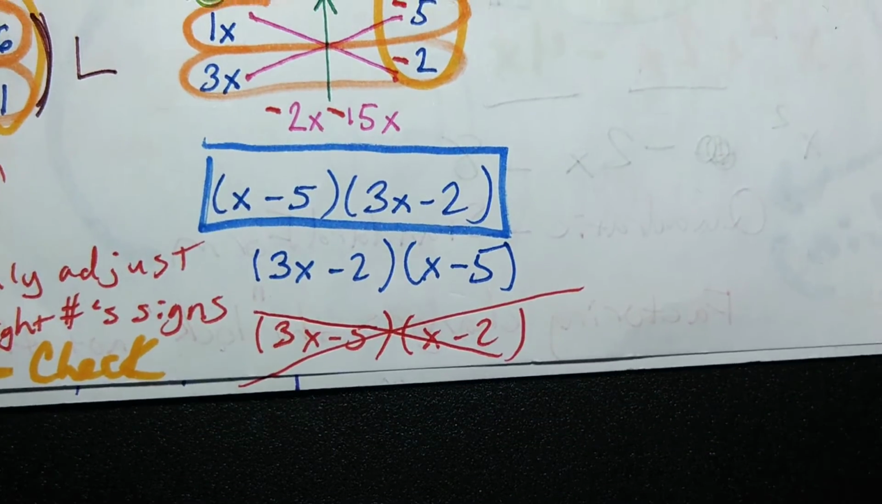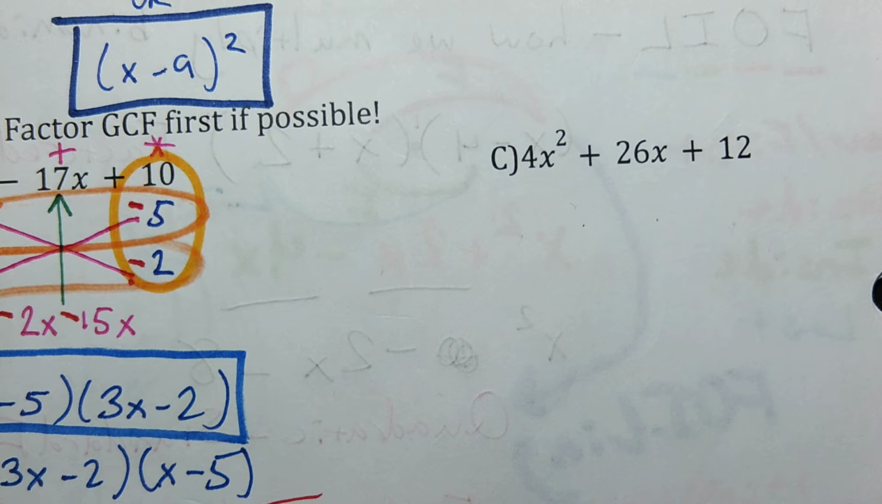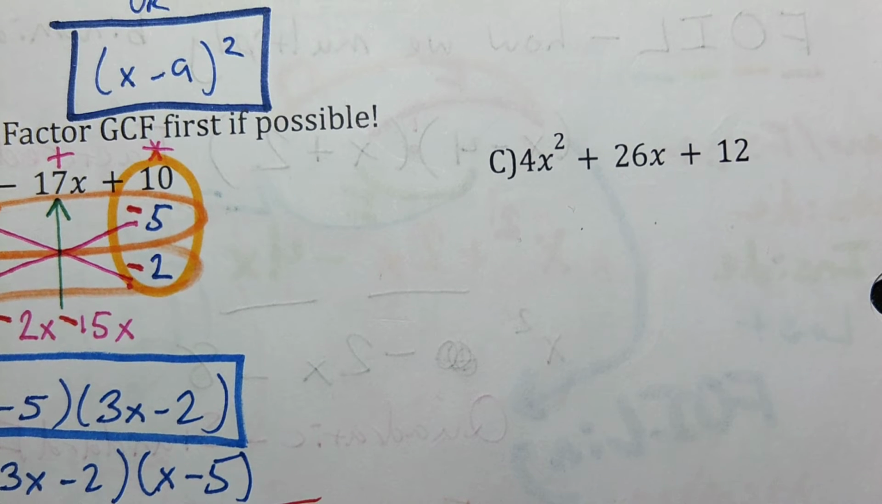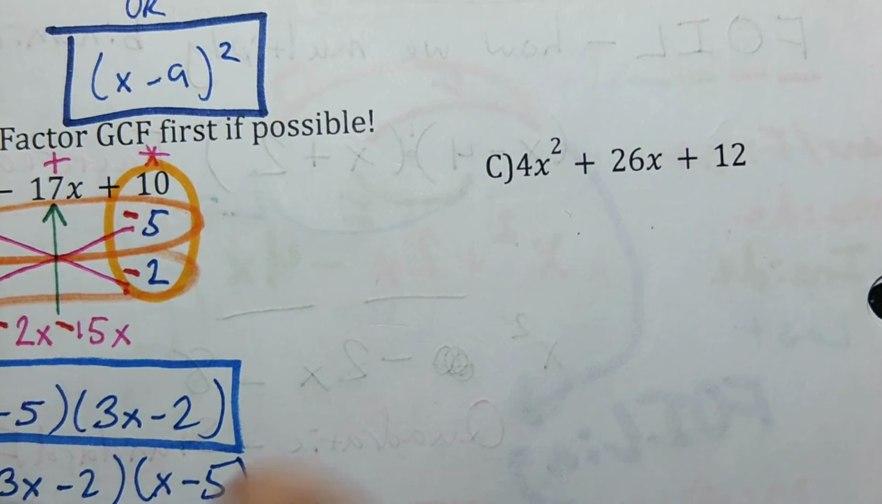Okay? Let's go ahead and take a look at problem C. Is there a GCF or something I can take out of everybody? 4. Ooh, can't divide 26 by 4, unfortunately, but we can take a 2 out. So I can't completely factor out the A value, but I can take out a 2. And folks, this is very useful because 12 has quite a few different pairs of factors. But if I take out a GCF of 2,